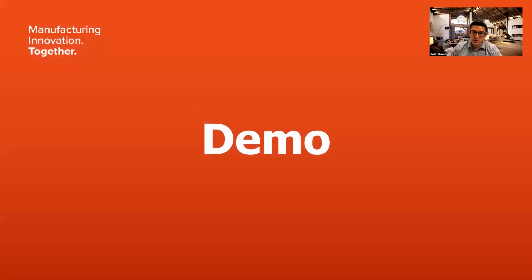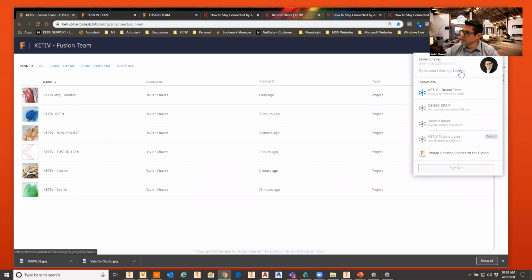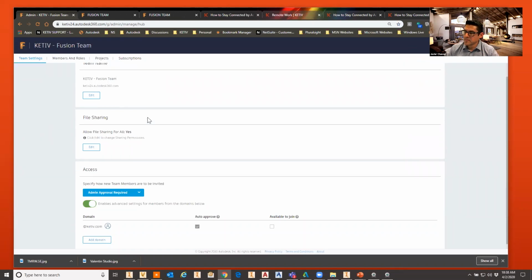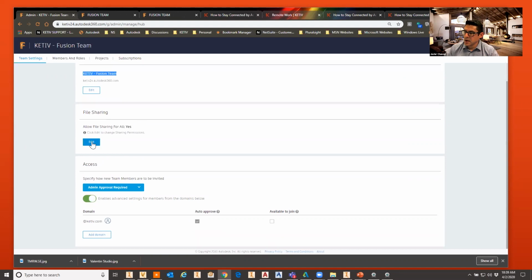So let's go and take a look at what that looks like now. And we'll switch over here and take a quick peek. So if I click on my avatar here, I can go to admin. I'm an admin, and I can start to see some of these settings. So right here within the team, I'm looking at my team settings. This is where I can edit my team name, edit how files are shared,